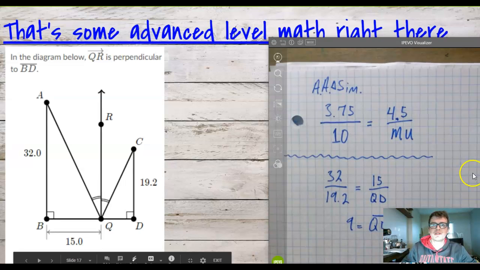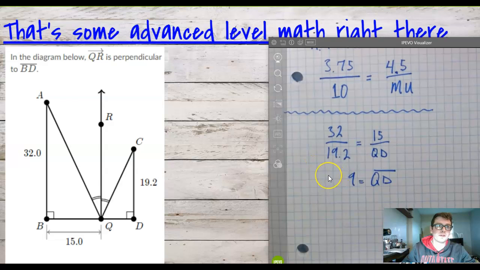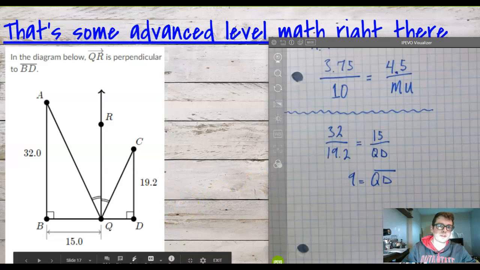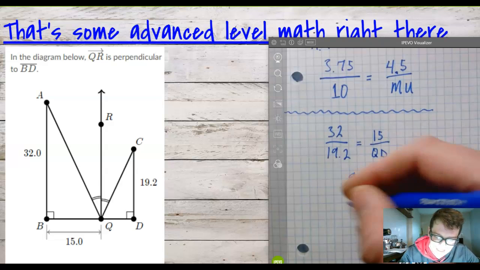So we're now using segment notation. This is one of the proportions that you could build. You could have built it a lot of different ways, as long as you're relating those corresponding sides to each other. So we get that QD is 9. Good work, Alina. Meaning that BD